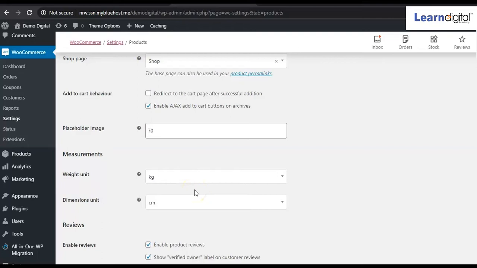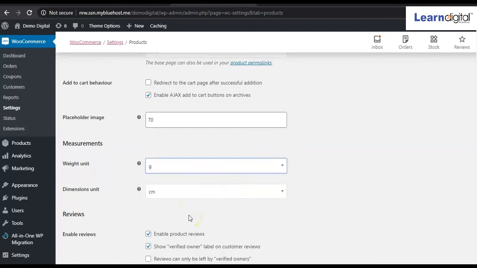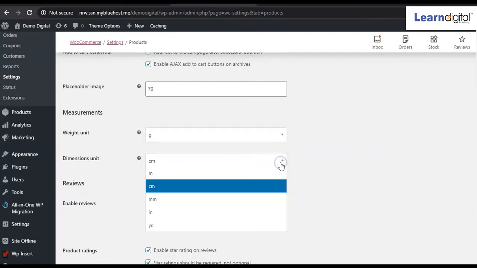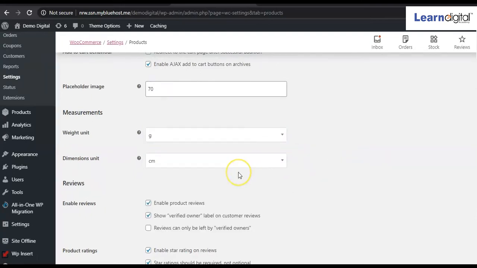For example, if you are selling large, bulky products like a washing machine or refrigerator, you can select kg. Or if you're selling clothes, shoes, mobile phones, you can select gram, right? And centimeter or the other things like meter, millimeter, it is up to you. So let it be centimeter.